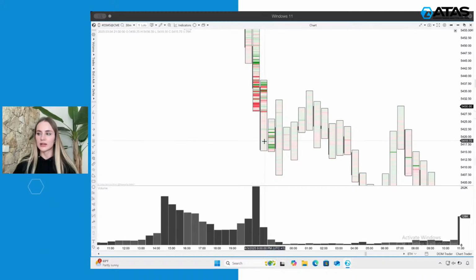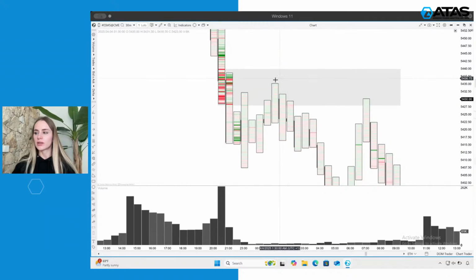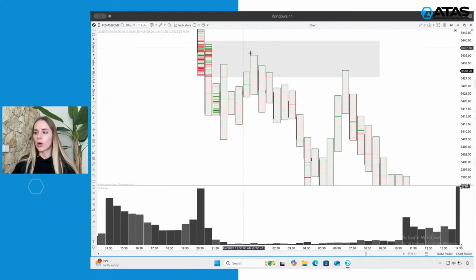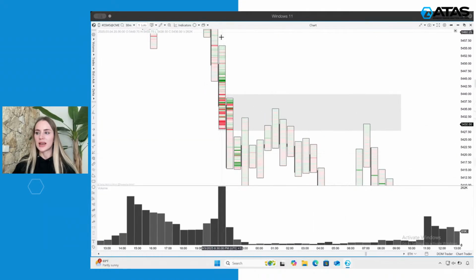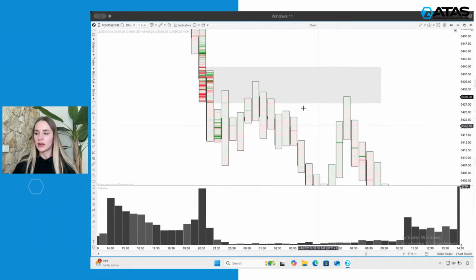In this case, the candle closes lower, and this zone, the whole red zone where sellers were stepping in and adding to their positions, is now your resistance zone. You can already enter the market here, or you can enter the market on the second pullback. You had multiple moments where you enter the market here, and you can place your stop loss above this candle. So above the candle with a very high volume, you place your stop loss here, and you see how the